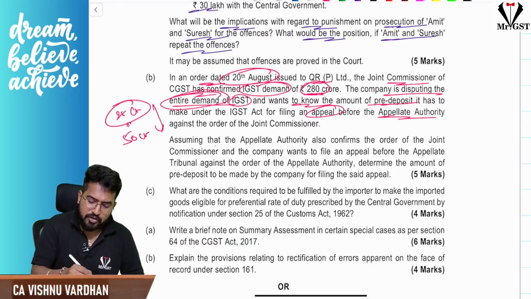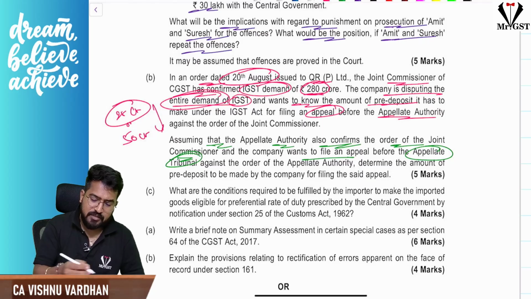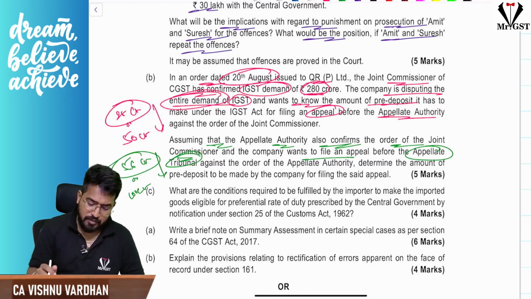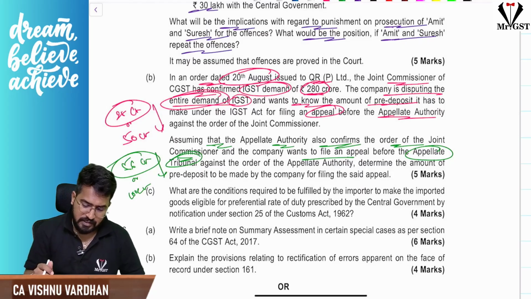Next, assuming that the appellate authority also confirms the order of the Joint Commissioner, the company wants to file an appeal before the appellate tribunal. So for the appellate tribunal it is an extra 20%. 280 crores into 20% is 56 crores or 100 crores, whichever is less. So additionally 56 crores has to be deposited. So this is the next question. Next,